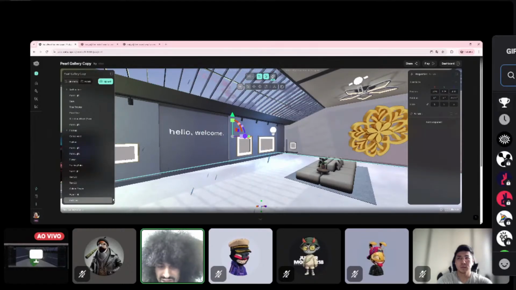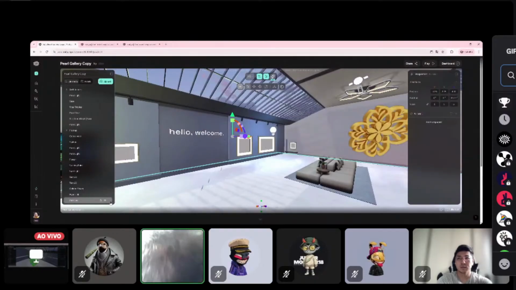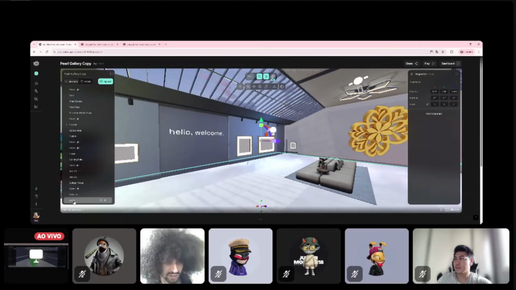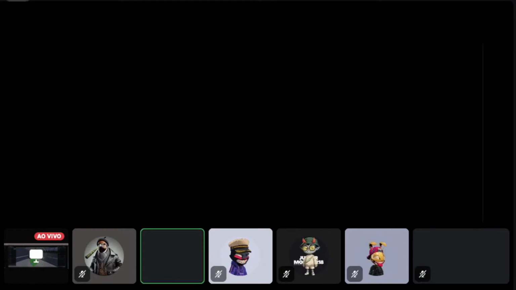This can be nice if you are building a game where you need to create two different levels and you don't want the person to see level one if they are in level two. So I'm gonna create a new entity in here, which is gonna be called level one, and I'm gonna add this group component in here.